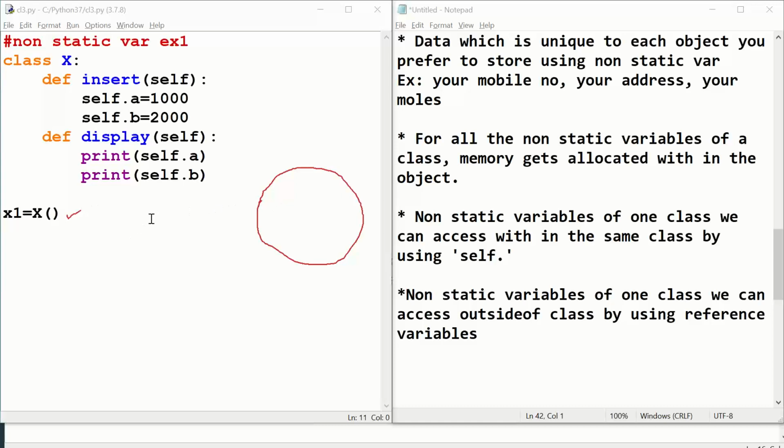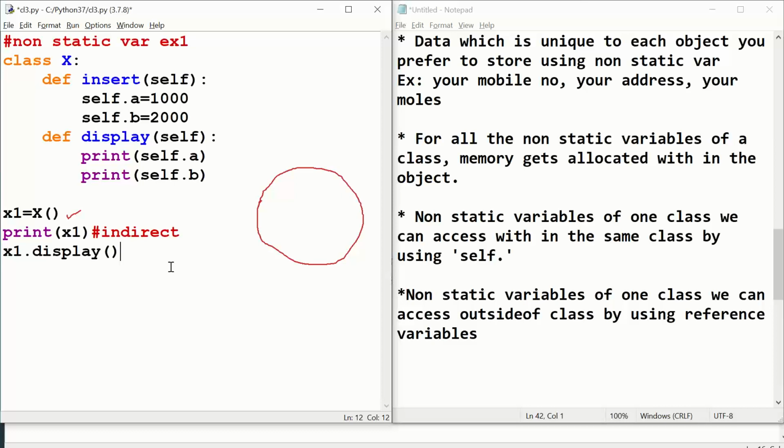Please focus on print x1. What does it contain? An indirect address, correct? Now let me call x1.display. What happens?